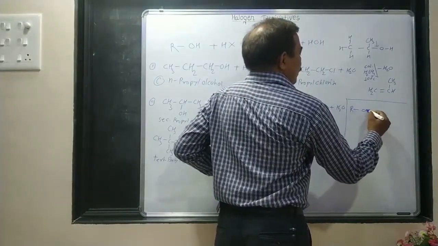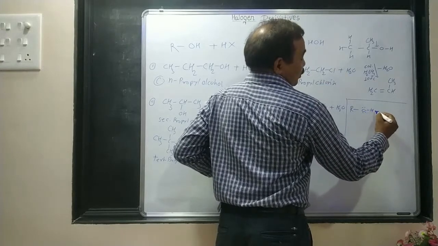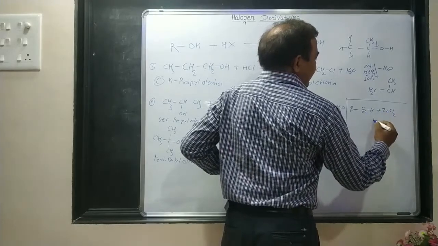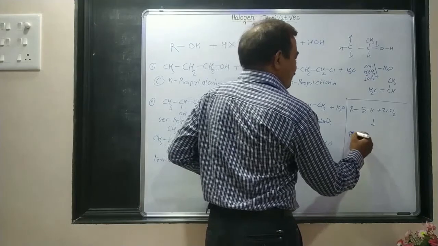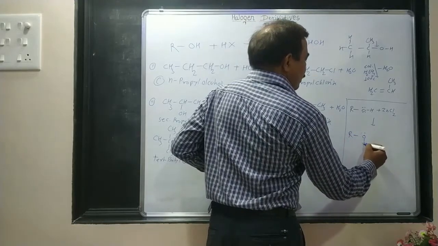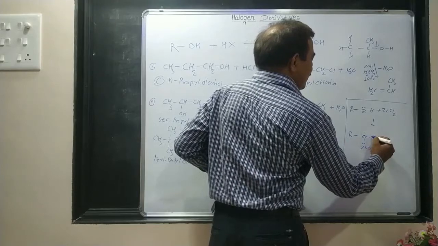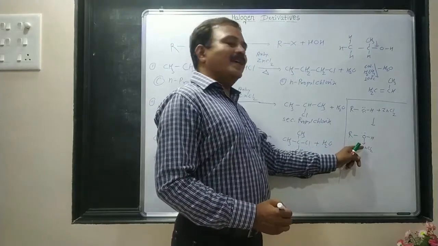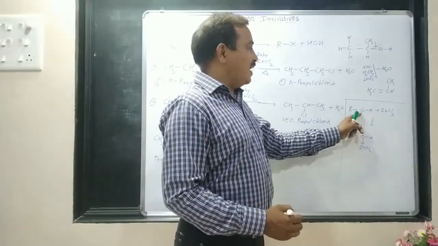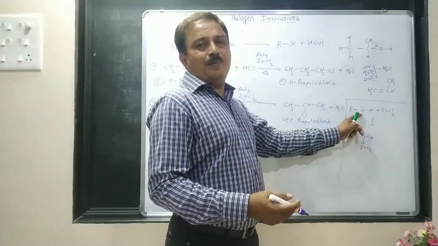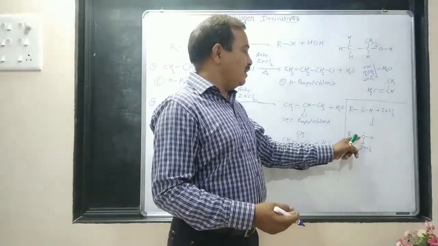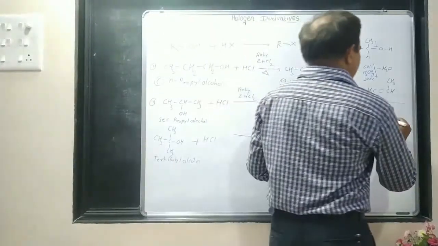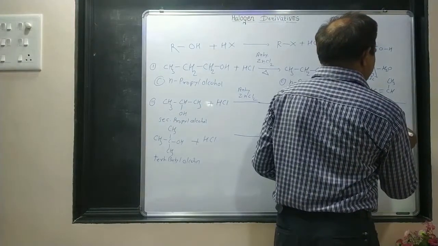So suppose here ROH has two unused pairs of electrons, and this ZnCl2 will react with this. So how does the bond form there? A coordinate bond forms with the ZnCl2 this way. The bond headed towards the ZnCl2 is a coordinate bond, because the oxygen atom has used its own pair of electrons to form the bond. Therefore, that is called a coordinate bond. So why does ZnCl2 behave as a Lewis acid?